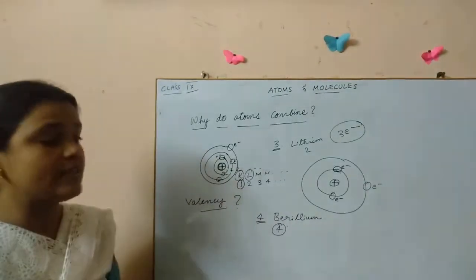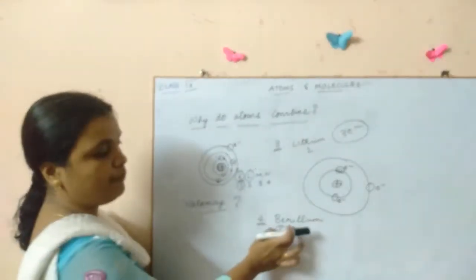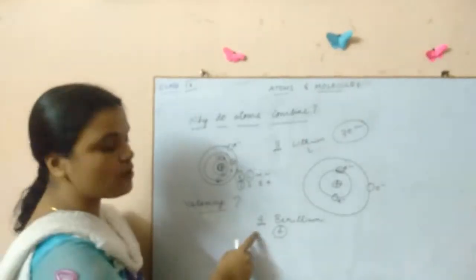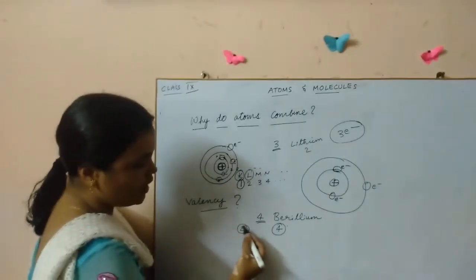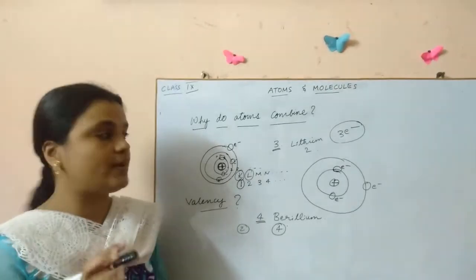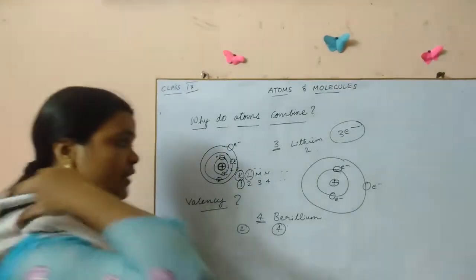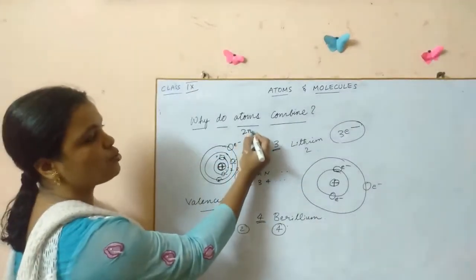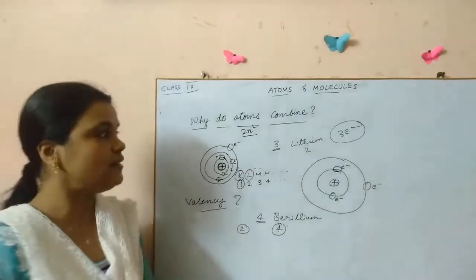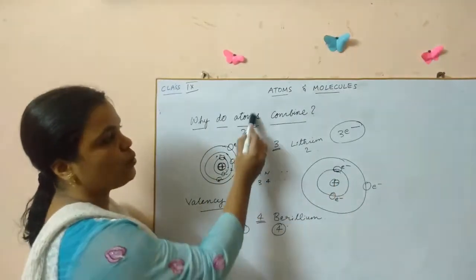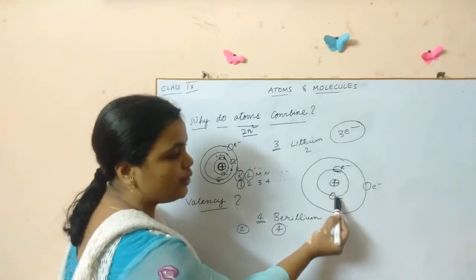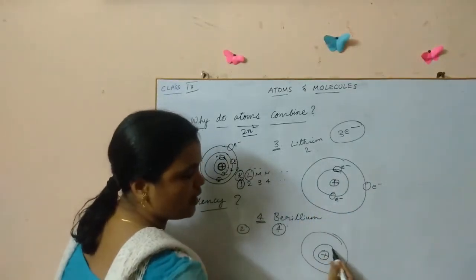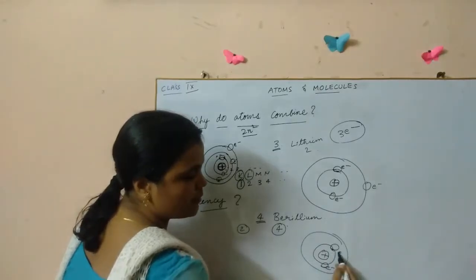Now let us see the atomic structure of beryllium. Out of the 4, how many should be present in the first shell? This also has 2 shells only. How many electrons will be present in the first shell, children? There will be 2 maximum. From where did we get this? From the formula 2n square, right? 2n square means the first shell contains 2 into 1 square, that is 2 electrons. So here, a nucleus, 2 shells, and 2 electrons will be present in the first shell.